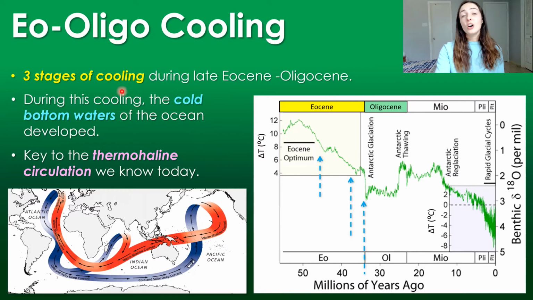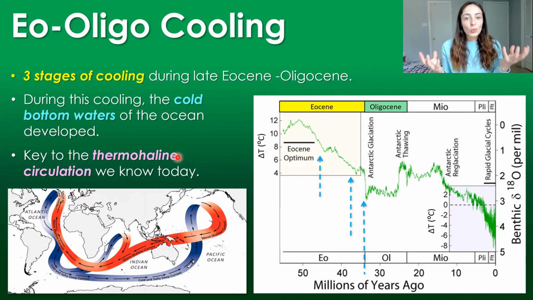During this cooling event, cold bottom waters of the ocean developed, and this has remained until today. And this is the whole reason that we can have what's called thermohaline circulation, deep water, deep sea circulation, due to temperature, cold waters sinking to the deep ocean, and haline salt content too. High salinity waters sink as well, but cold salty waters sink to the bottom ocean and are circulating in the deep ocean, while surface waters are circulating because of winds at the surface. And it's like this big conveyor belt that's having surface water sinking at the poles, and then it upwells at other margins.